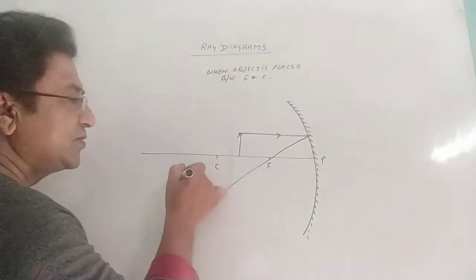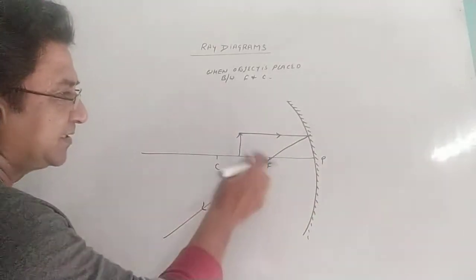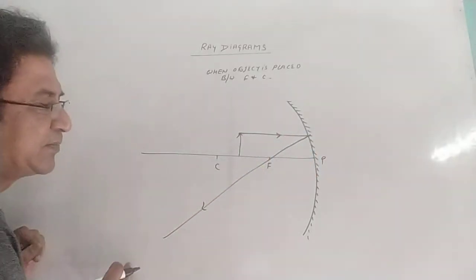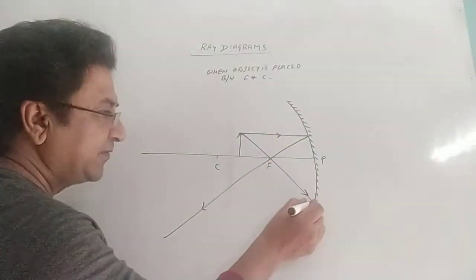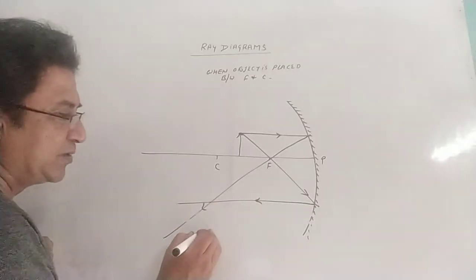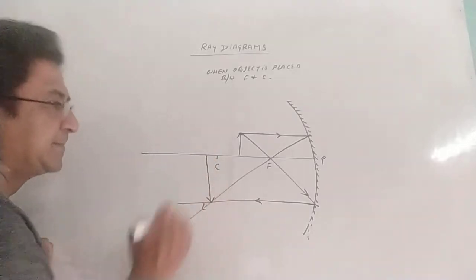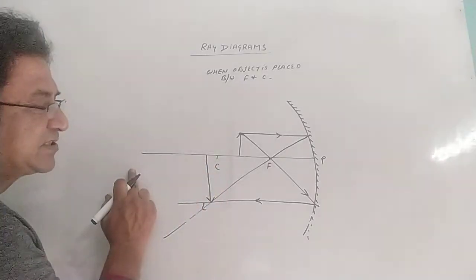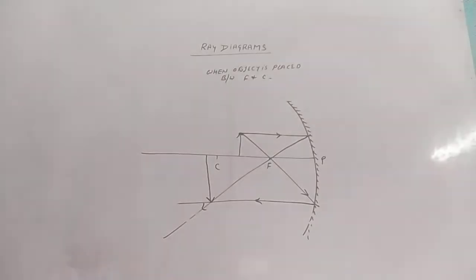You can use the center of curvature one also, but the third rule can also be used. Let's use that third rule. A ray which is parallel to principal axis after reflection passes through focus. But if a ray is passing from focus after reflection, it goes parallel to principal axis. Wherever these two rays are intersecting, make a head. That's the image. So the image is formed beyond center of curvature, when we placed the object between focus and center of curvature.